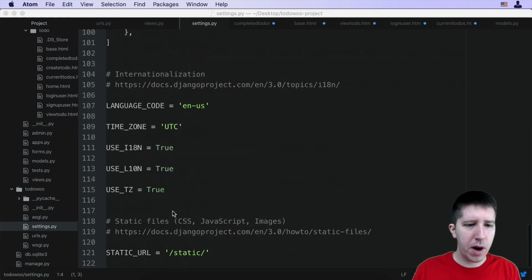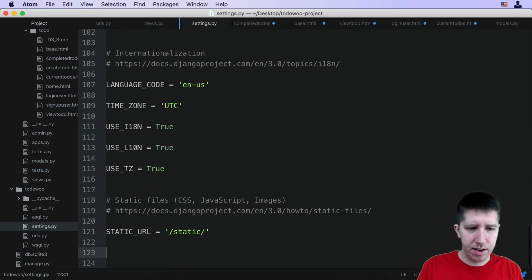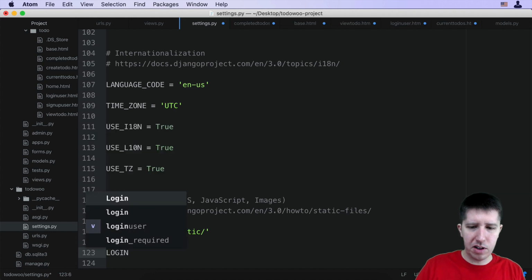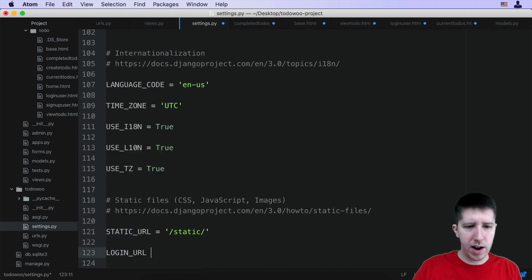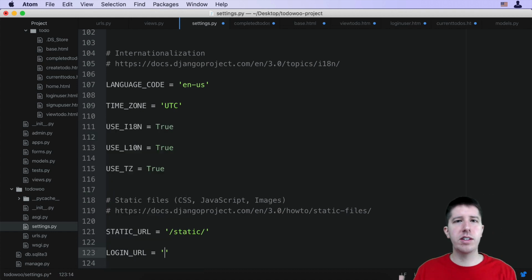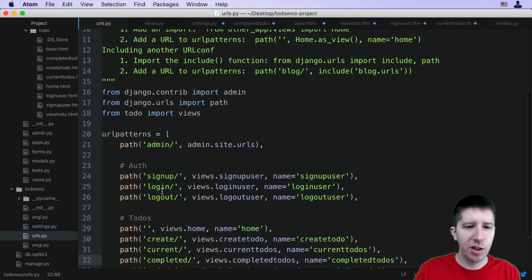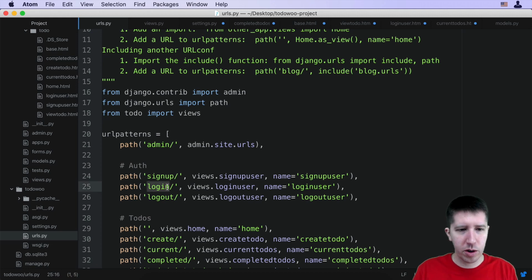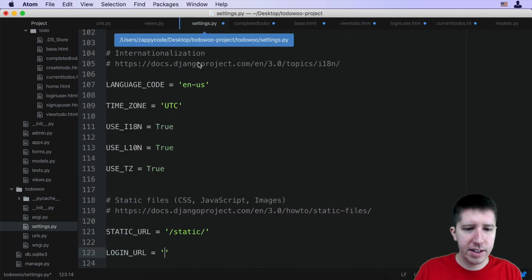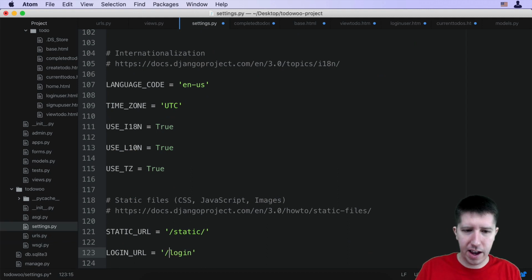And I'm going to scroll to the bottom and I'm going to specify the all caps LOGIN_URL, okay? Now this is looking for the actual path to login. So if we go to our urls.py, it's not looking for login user like the name that we typically use in Django. It's actually looking for this login that we have right here. So I'm going to copy this, come back to settings, paste this in, make sure that I have a / in front, so it's going to redirect to